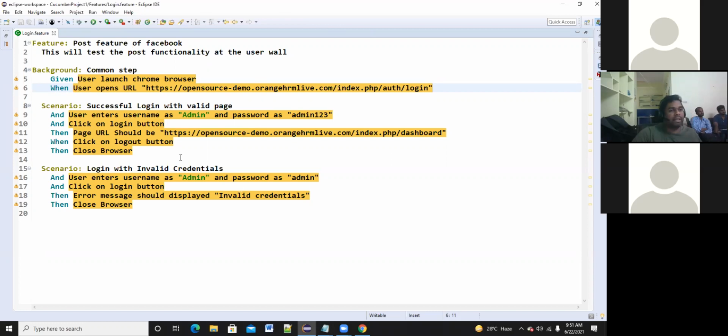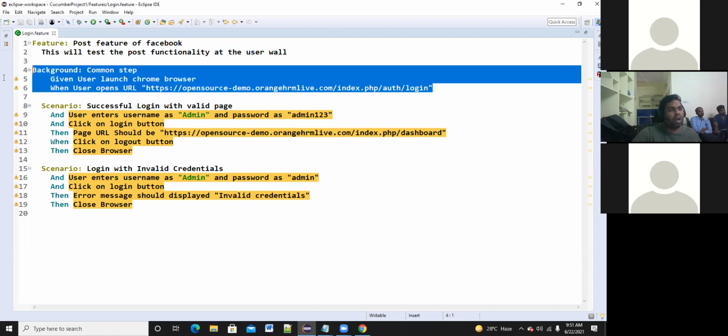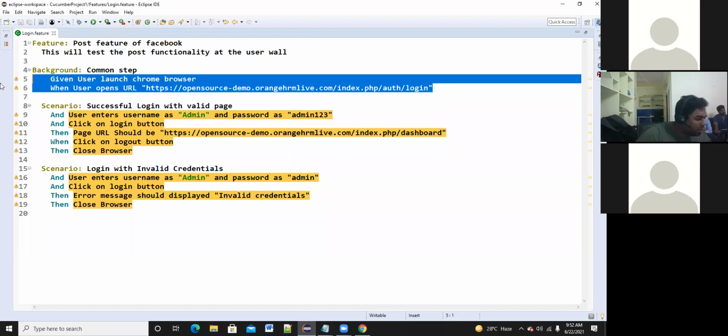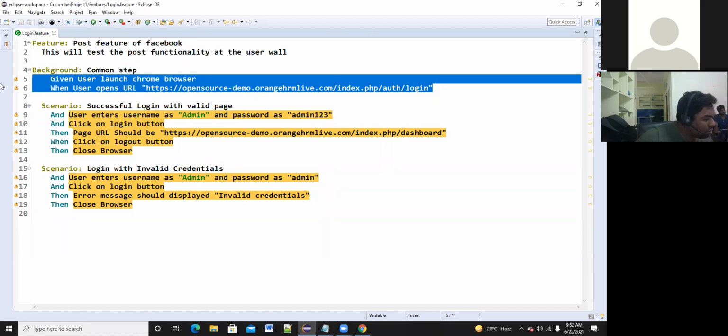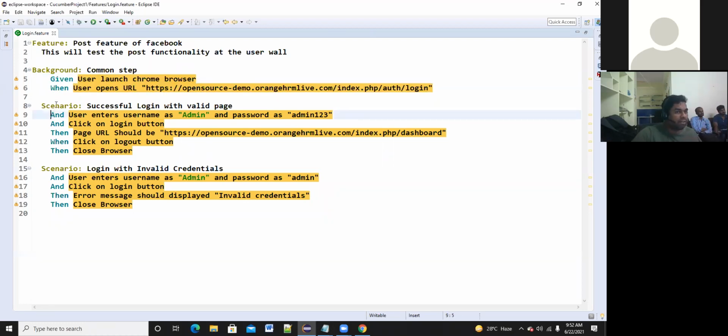Here I have written user launch Chrome browser and user opens this URL. So these are the two common reusable steps required for this scenario and this scenario. Now let's go to the first one, user launch Chrome browser. Let me check this one